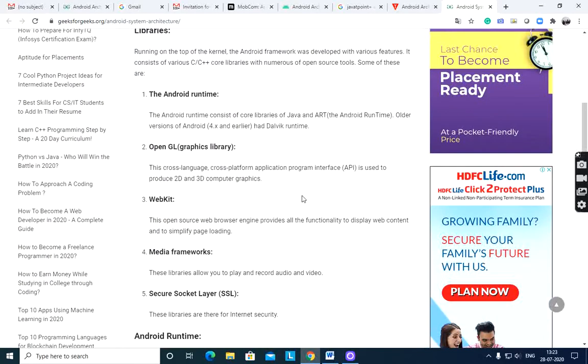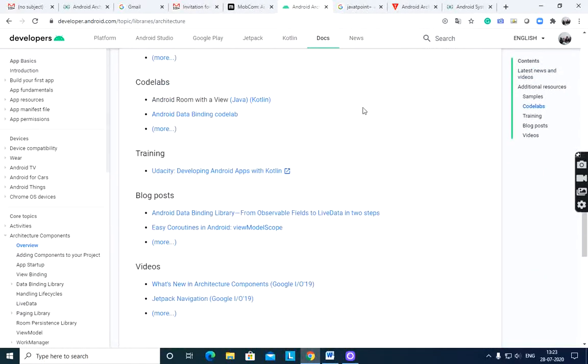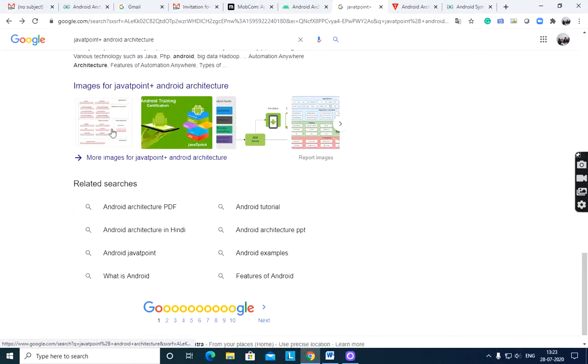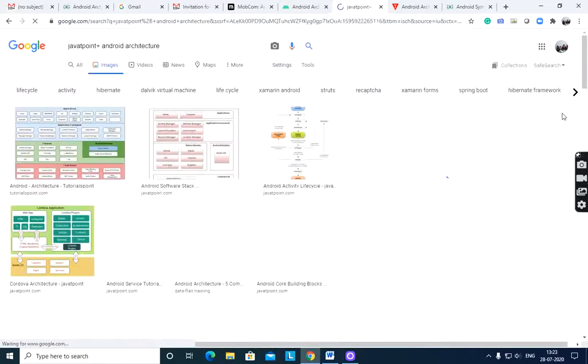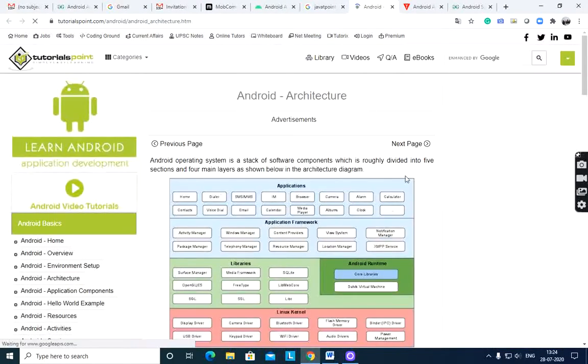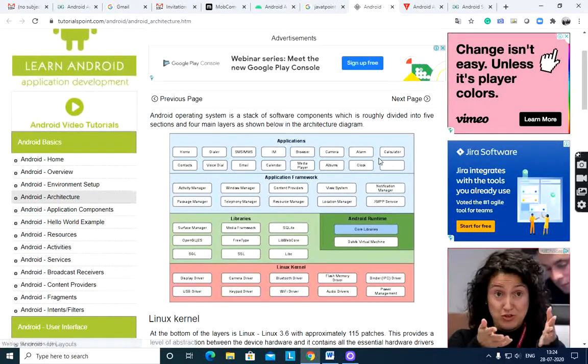Here is the application layer. Applications is the top layer of Android architecture.